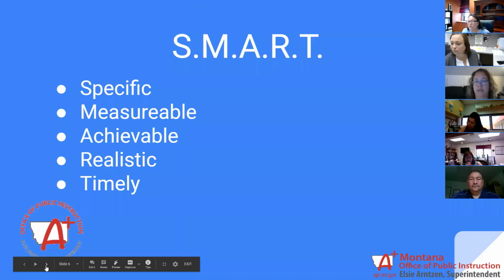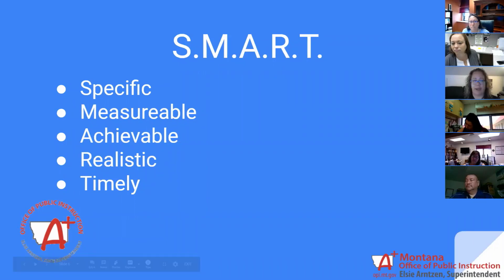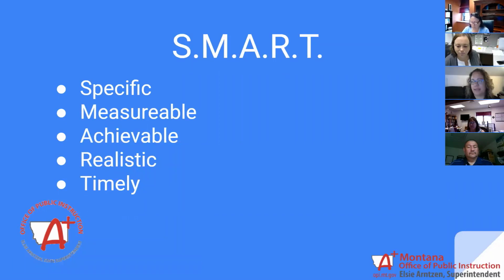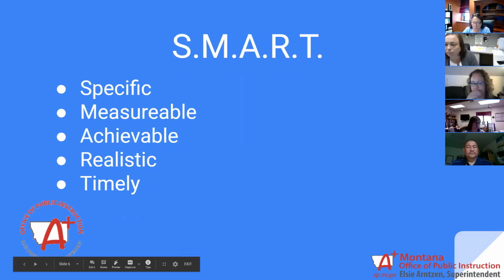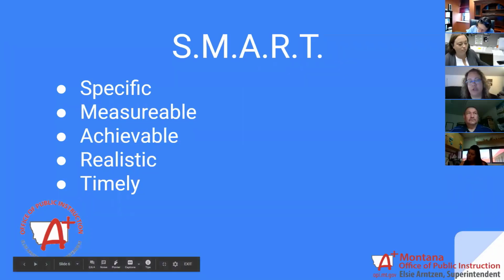All right, so SMART goals, again, they are specific. So the more detail that you can give about the goal, the better. They are measurable, so there's some way to gather data on the goal. They're achievable, so it's something that could actually happen. Again, realistic is the same. It's something that we can do. And they're timely, so we give an amount of time in which the goal will be achieved. And usually, at this point, it'll be within this year.